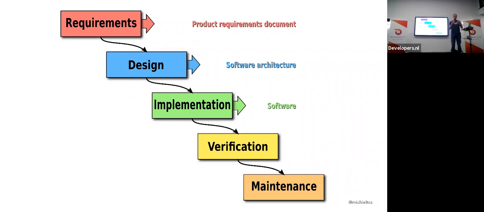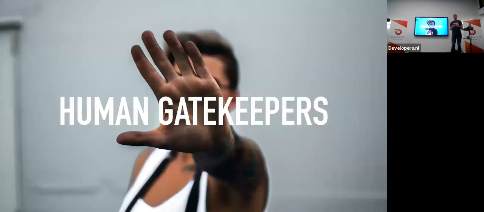Now, this is traditional software development, and one big component of this phased approach is that at every step, there is a human gatekeeper or multiple gatekeepers. So there are humans involved in the process that put up gates, that put up fences for somebody to jump across. So, for example, when we do the requirements phase, we first need to build up a list of requirements, and somebody has put some rules for how the requirements document should look. And then we go into the design phase and the implementation phase, and every phase actually is gate kept by